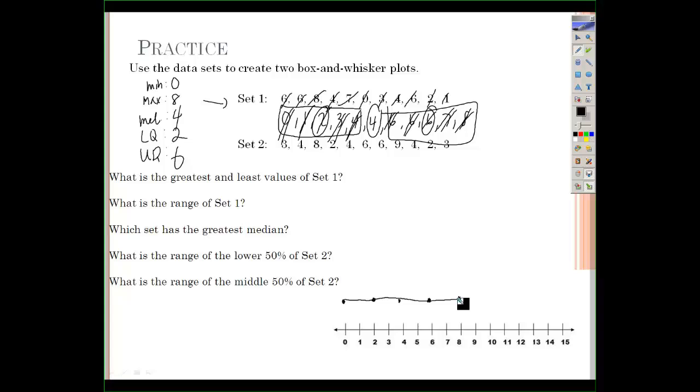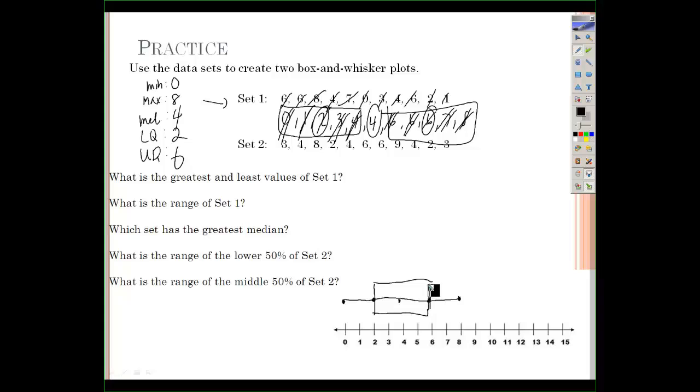The lower quartile, which we said was 2, is the beginning of our box. And the upper quartile, 6, is the top of our box. So we're going to draw 2 lines. We're going to make a big box here. Okay. And now it looks like we're looking good because we have a box and we have a few whiskers